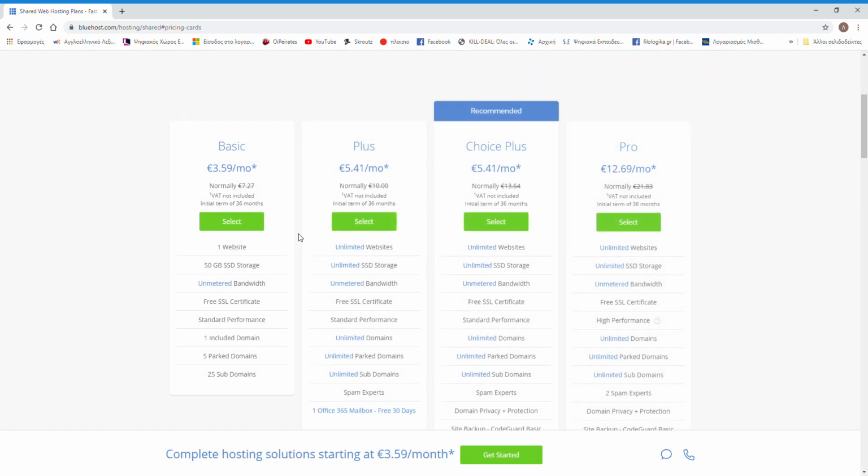I would advise you to choose the basic plan, especially if you're a beginner, because you don't need to spend unnecessary money on the more advanced plans. So choose the basic plan